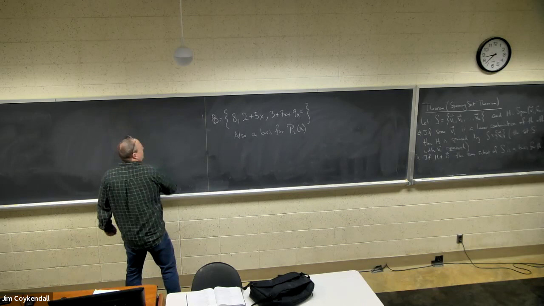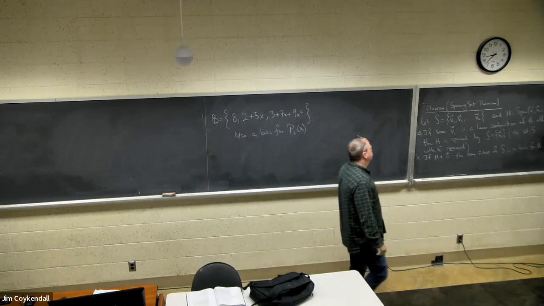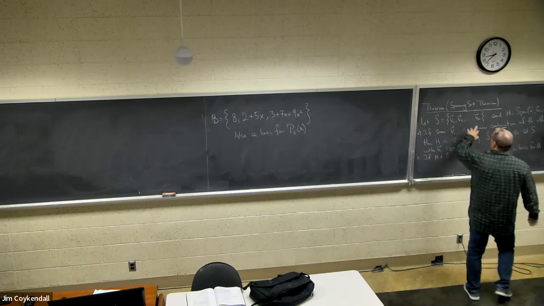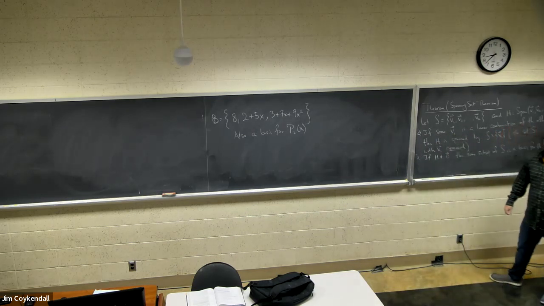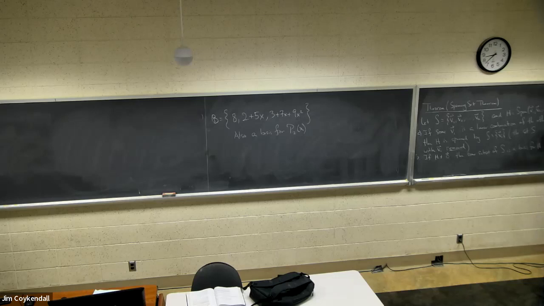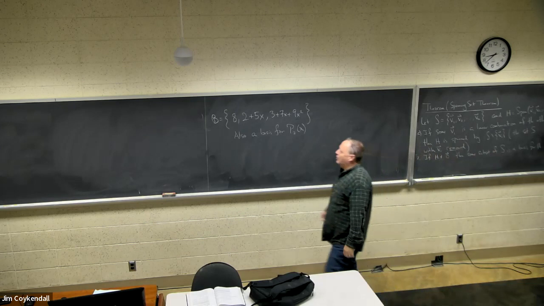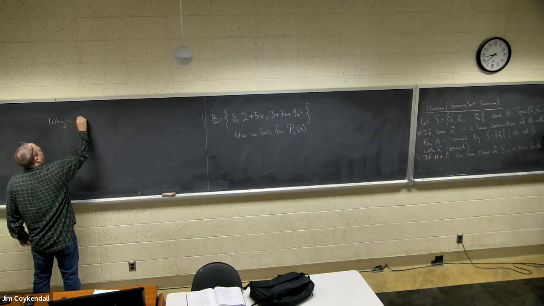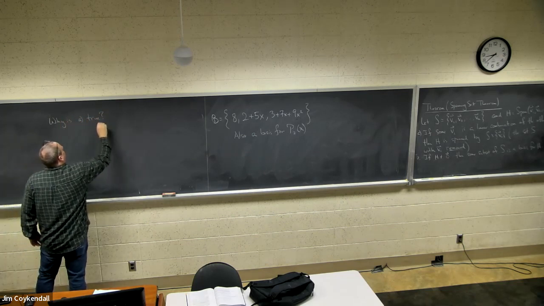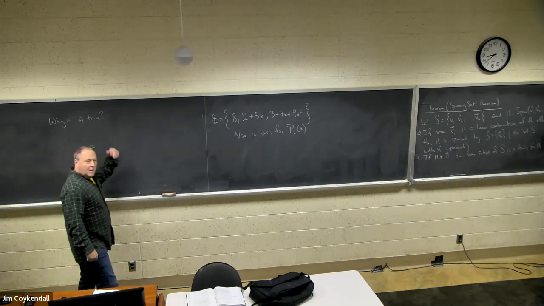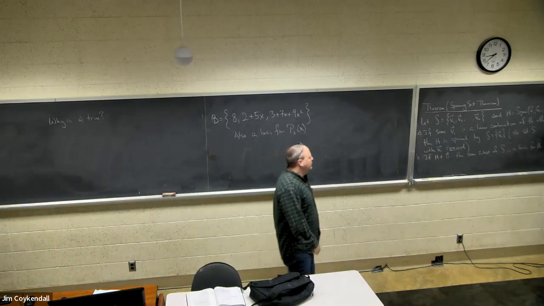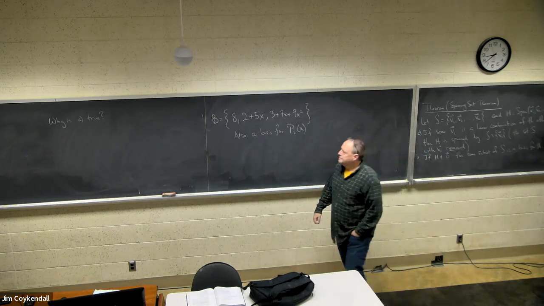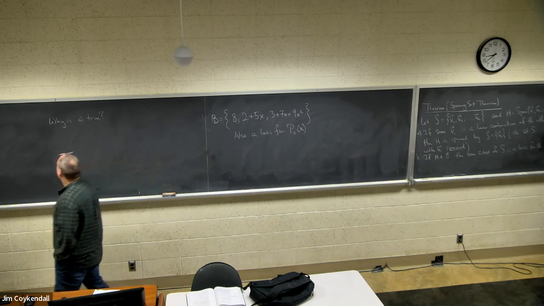So let me try to explain this a little bit. This first one is a very important statement. It says if one of the vectors can be written as a linear combination of the others, you don't need to use that vector in the spanning set. Right? So why is A true? Once we figure out why A is true, we're going to use it to figure out why B is true. Suppose